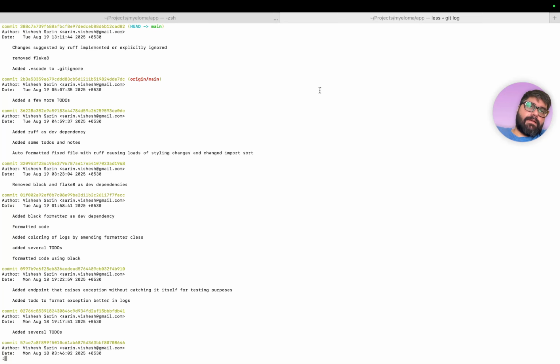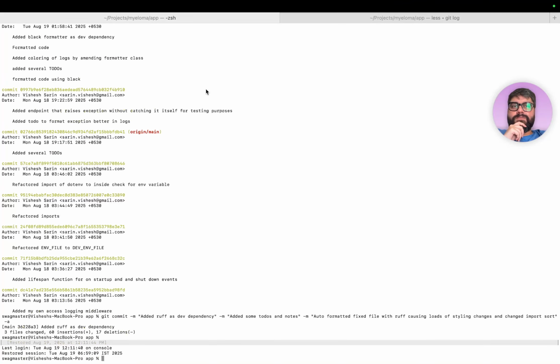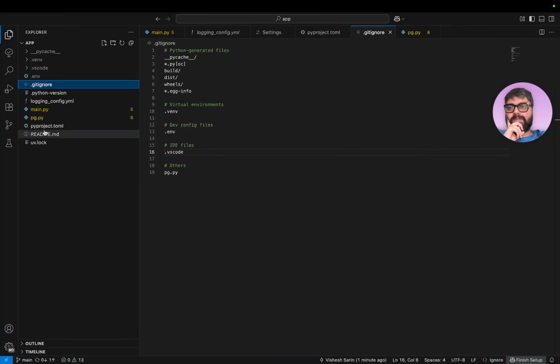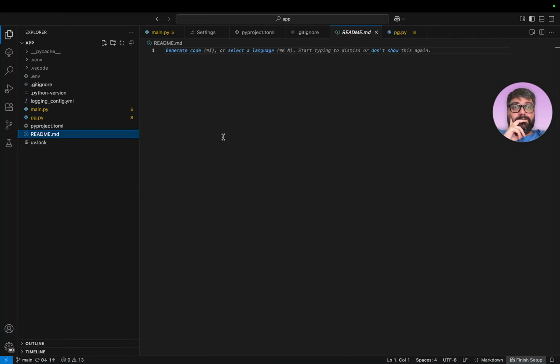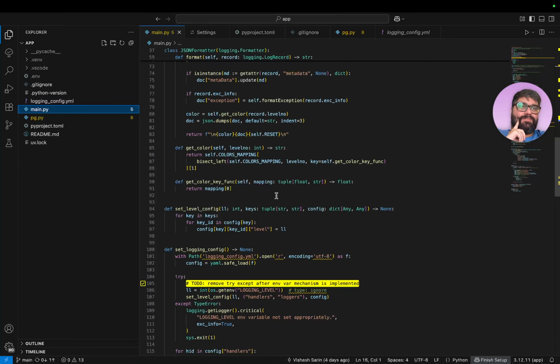Yeah, and I think a lot of things, I might move into the README. I do already have a README markdown, so I might as well move a lot of things into the README rather than have it in the code. I think that's a good idea. TODO is nice for quick in-place notes while I'm working: I'm just going to TODO this, and then at some point clean it up and add it all to the README. I think that would be better. Unless you start using TODOs with issues and stuff like that, then it's nice to have it in place.